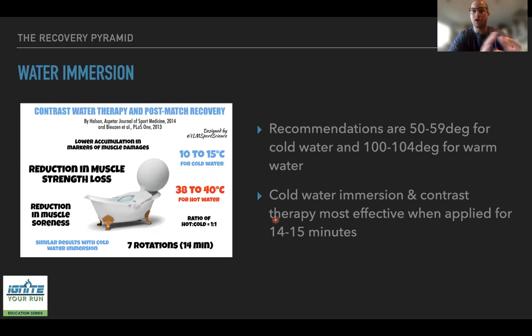So cold water in contrast seemed to be the most effective from a recovery standpoint. And like I mentioned a second ago, this wasn't just psychological. We felt better from doing this, but we're not sure what it impacted inside the body. They actually looked at these markers within the bloodstream. So if you test the blood and you see, okay, what substances are in here, you see after a hard workout,